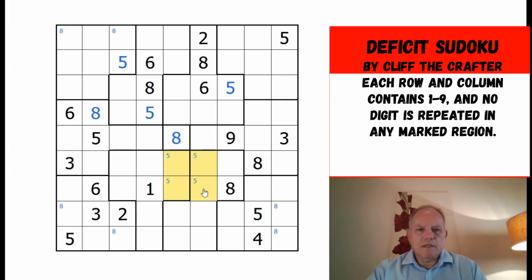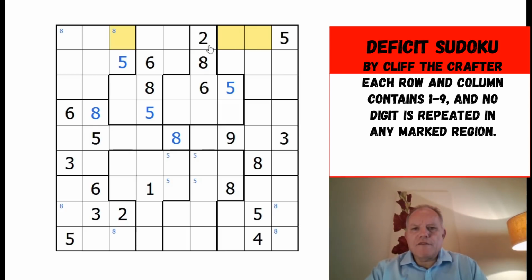Okay, and we've done as much as we can with 8s. Now what about 6s? Where is the 6 in the top row? Okay, this is quite interesting. Look at the 6s we're given in the grid, and where can a 6 go in the top row? Well, there are various places, and they are here and here. So, I don't know which of those is a 6, but